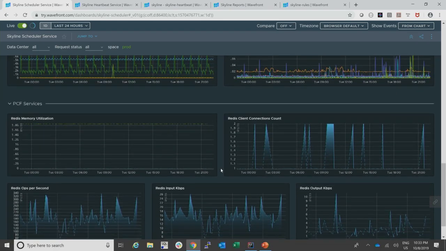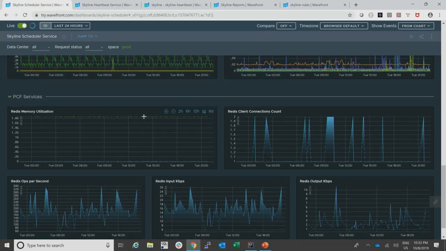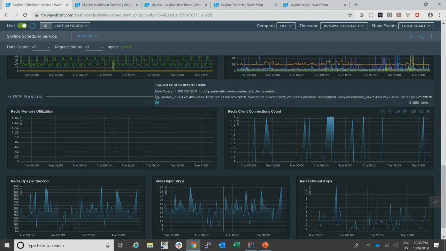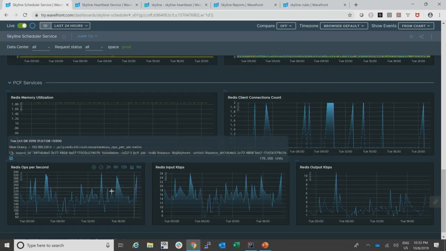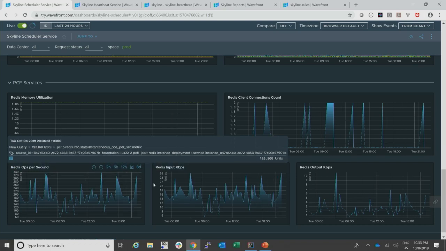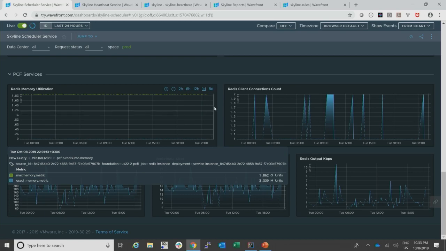So we have PCF related services. This service consumes Redis, so we can see how Redis behaves, how much memory we sized and devoted to this service. So it's a 2 gigabyte Redis instance, and we can see how the connections are utilized, how many connections from the applications are established to the Redis. Also, we can see the number of operations done upon the Redis keys. So it's any kind of operation. It may be get key, put key, whatever is available there. Also the input and the output KBs that went to that instance. So you can see how easily we can trace from the application to business logic down to your Redis or RabbitMQ instance you're consuming in PCF. Okay, so far so good.